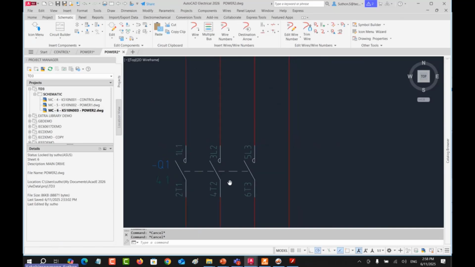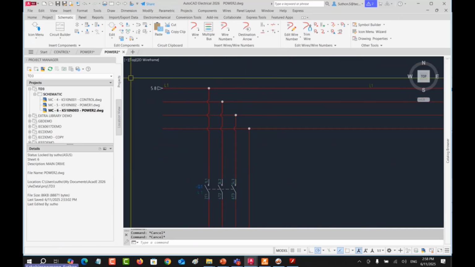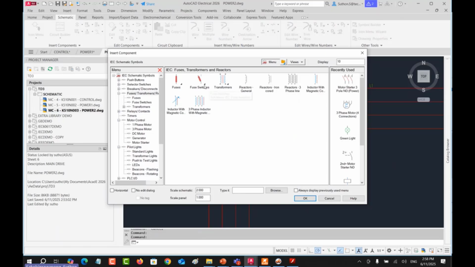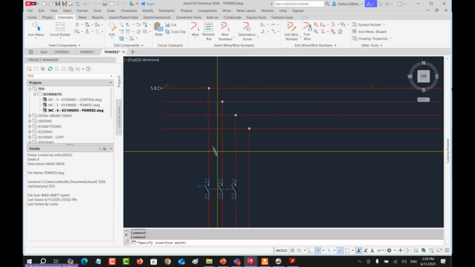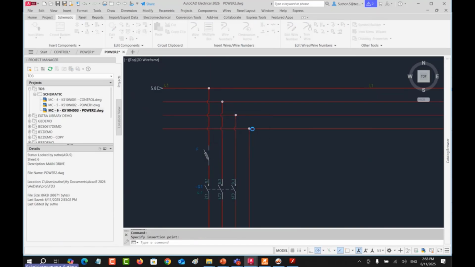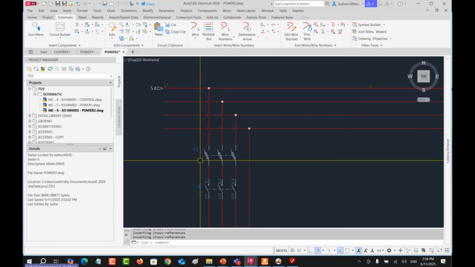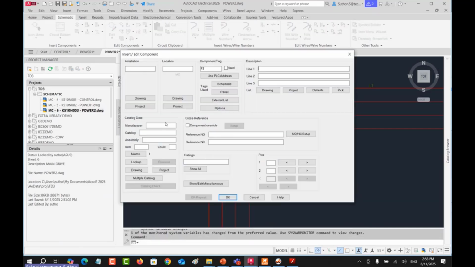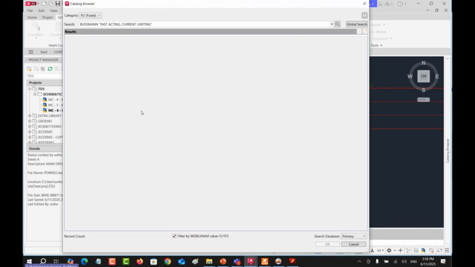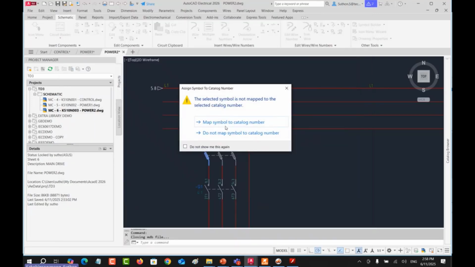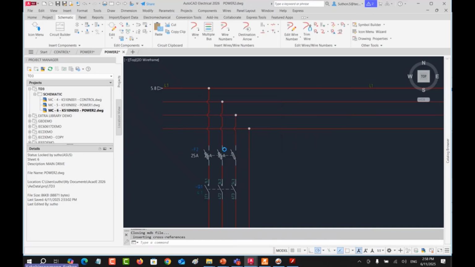Get rid of that. Okay, the next thing that I want to assign is a fuse. The fuse switch, 3 pole, from left to right. Okay, I forgot to assign the symbol, the manufacturer, Bussmann, something, update.